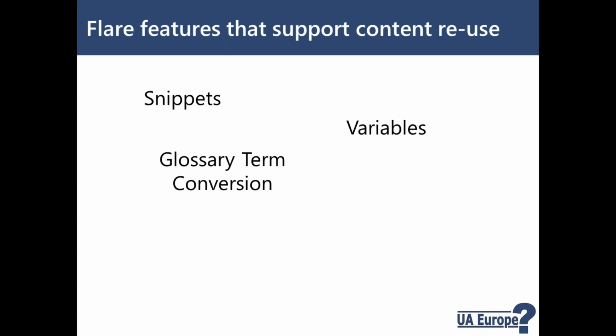So the definition just pops up as the user clicks on it or mouses over it, which means that we're effectively reusing those definitions in multiple locations. They're popping up in potentially hundreds of different places throughout our help. If you wonder where you could do that, have a go at looking up glossary term conversion in Flare's help. It's an interesting feature.